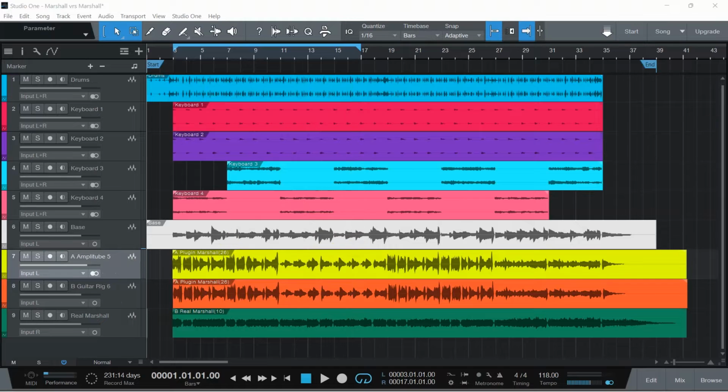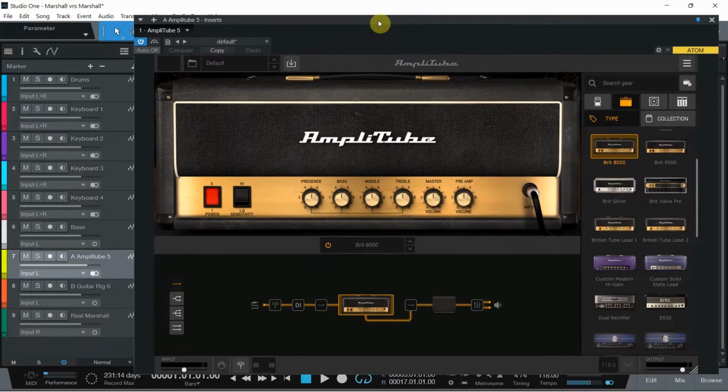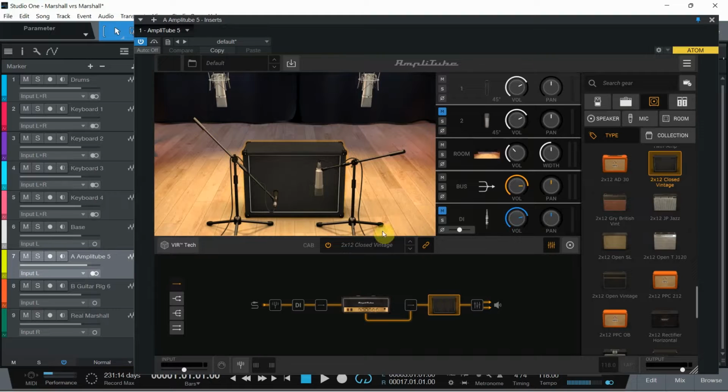Now let's check out which specific amplifiers I'm gonna be using for each plugin. So for the yellow track, which is AmpliTube 5, I'm gonna be using, of course, the AmpliTube British 8000, which basically tries to emulate the JCM 800, bringing that British sound to our guitar. I have everything at noon, as you can see over here, and we can tweak that as we go on. I'm gonna keep it in high, and let's check now our